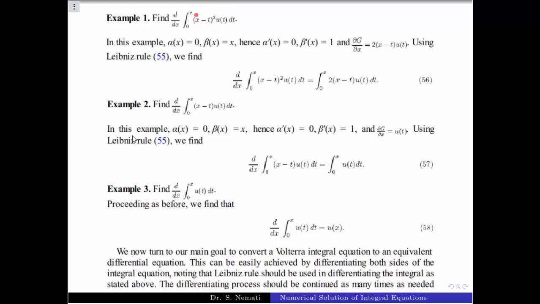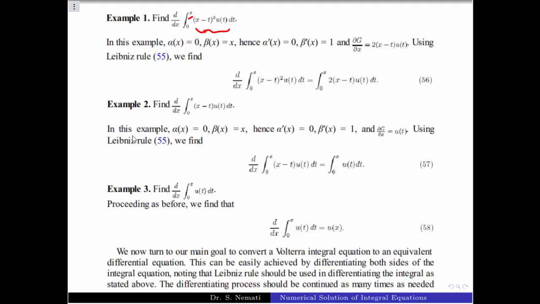Instead of beta of x in general formula, we have x. Instead of the function g of x, t, we have (x minus t) squared u of t. So by applying the formula, we have alpha prime of x equals 0, beta prime of x equals 1, and